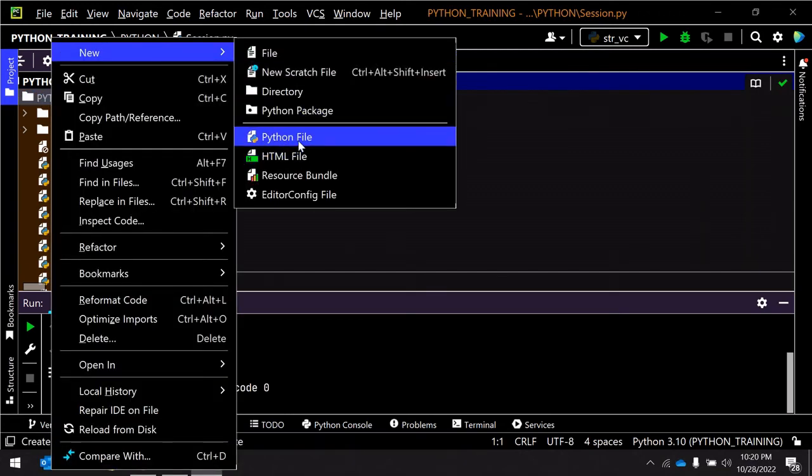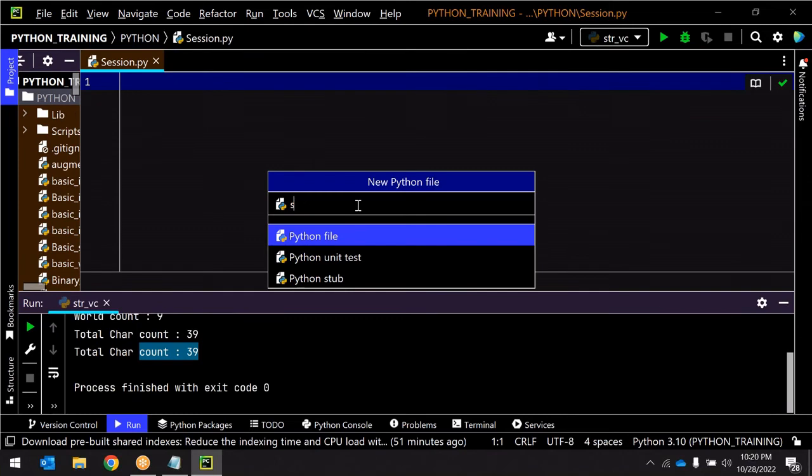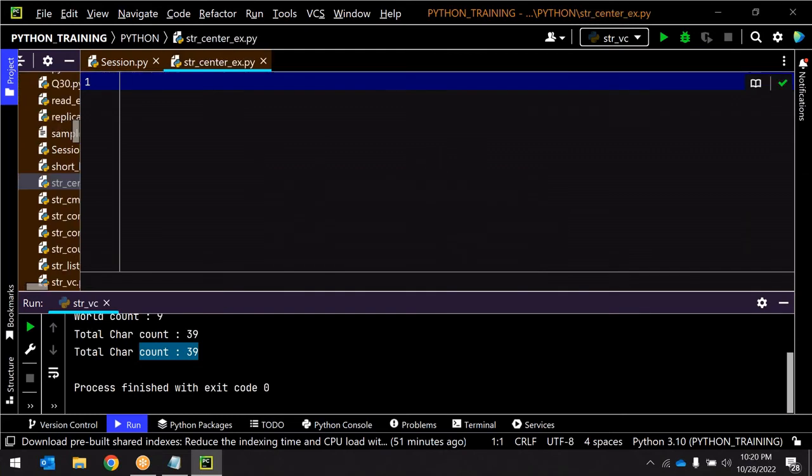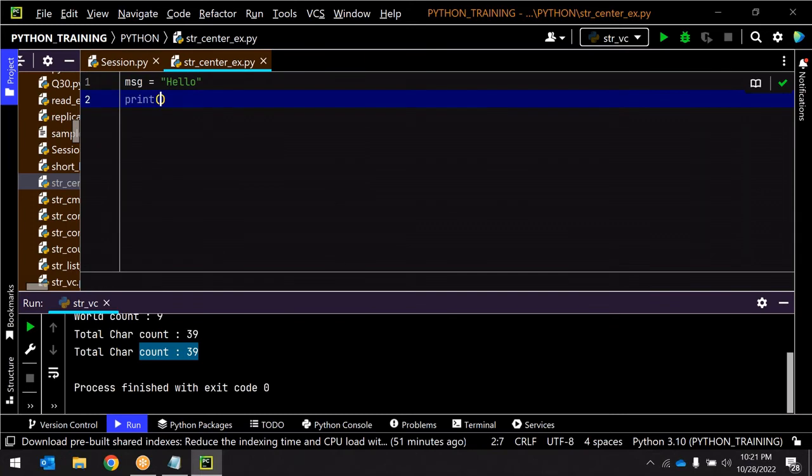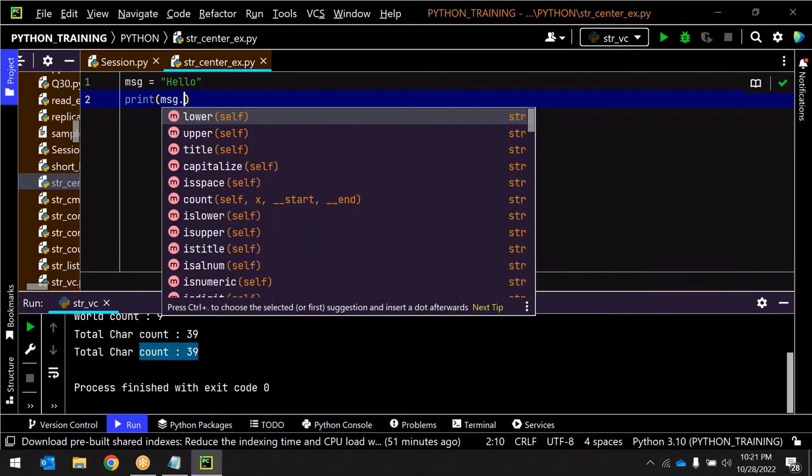So now, Python file, str, center, example, okay? Now here I have message equals to hello. Now here if I'm giving print message dot center,